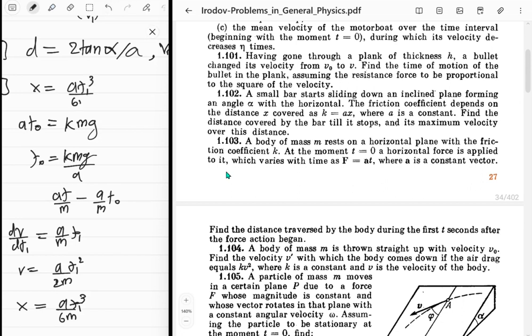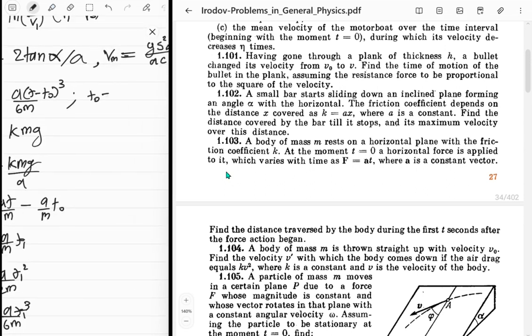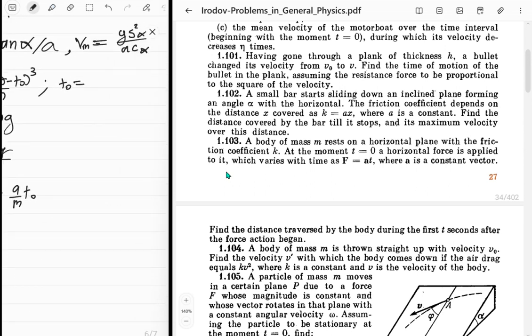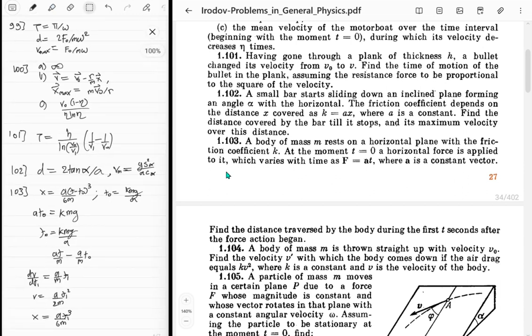a t1 cubed upon 6m, and what's t1 by the way? t1 is just t minus t naught, and what's t naught? t naught is kmg upon a. That should do it. Next,